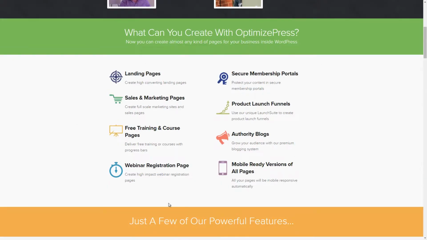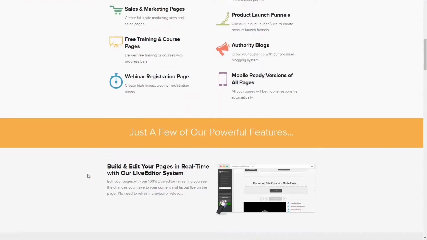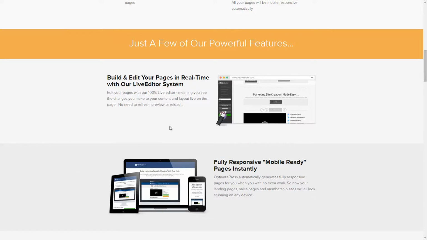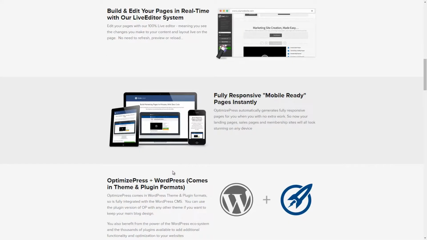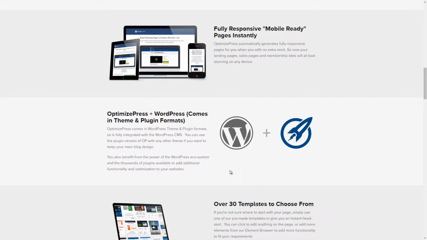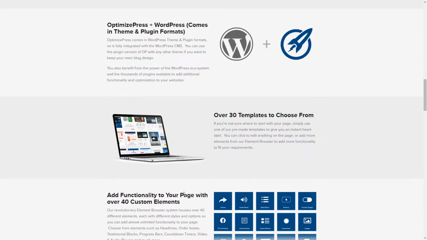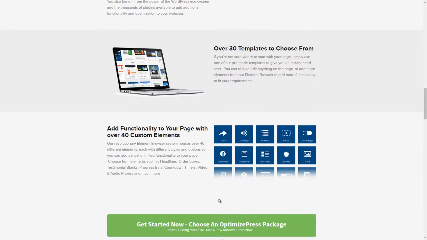They mention all the features here. I'm going to leave a link so you can go and check this out. But it's a similar idea. You're basically doing a live editor, a lot of drag and drop. They're mobile ready. Of course, they're WordPress optimized, and they've got lots of different themes and templates, different elements